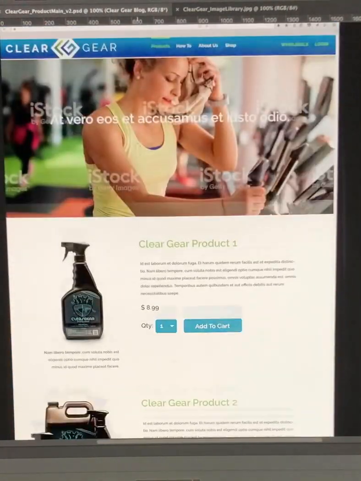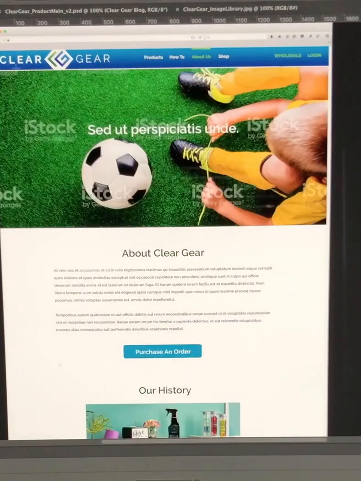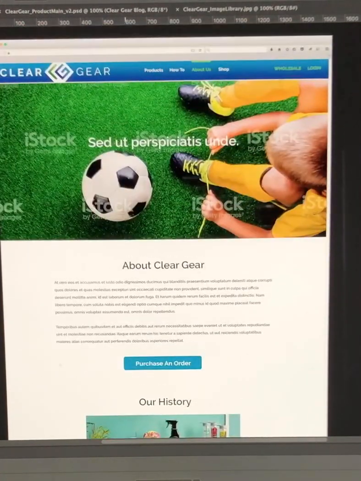So you could see some of these images are now being placed into the designs. And this is what I'm trying to show you, that step process. So you first are going to be doing a search. You could do it either through Google, or you can do it by going to